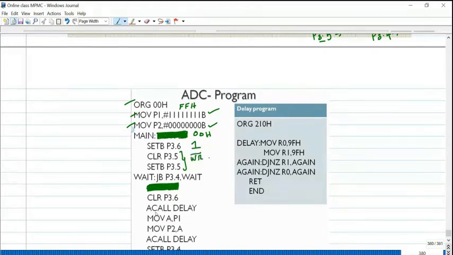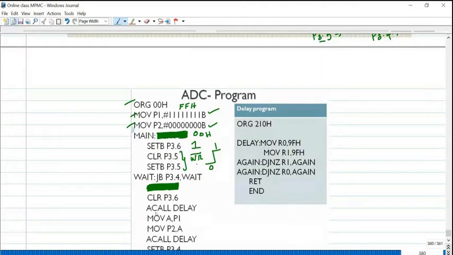To initiate or to start your analog to digital conversion process, you have to make this write bar signal go 0 to 1. So clear P3.5 initially to 0, then set bit P3.5 to 1. P3.5 is connected with write bar of ADC.